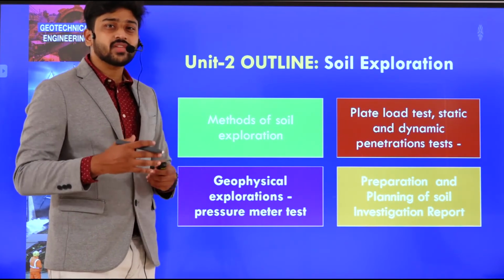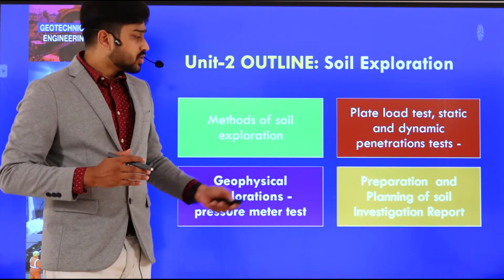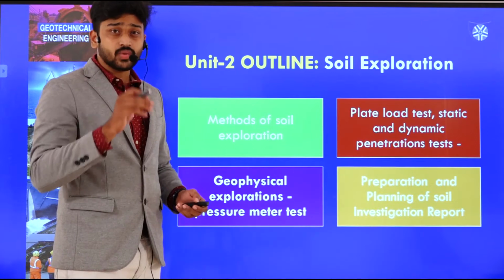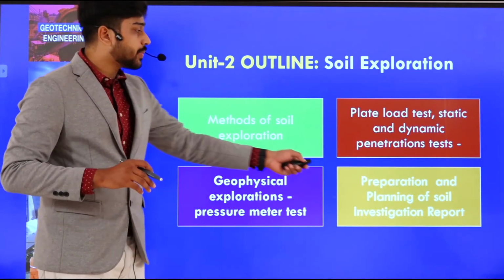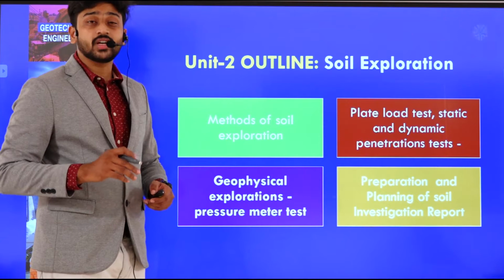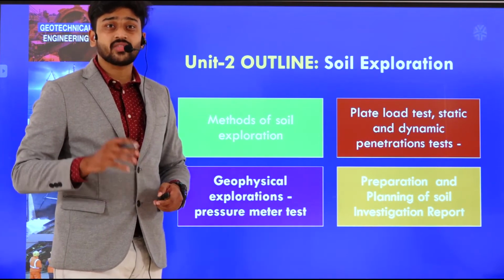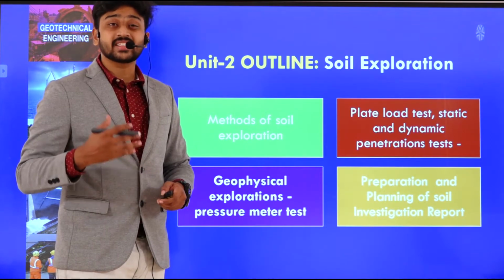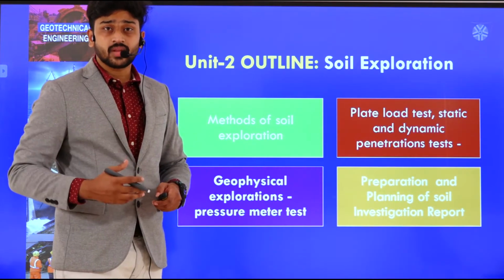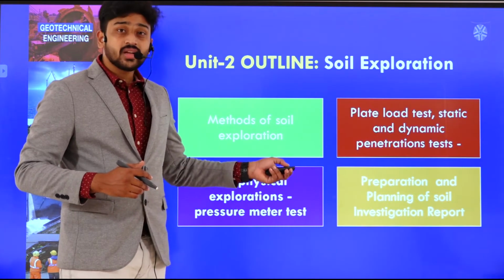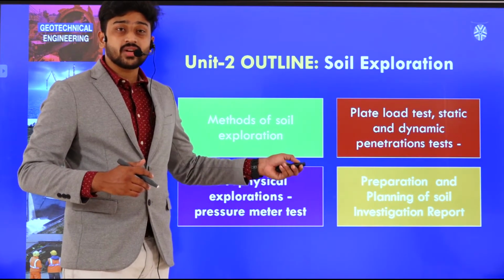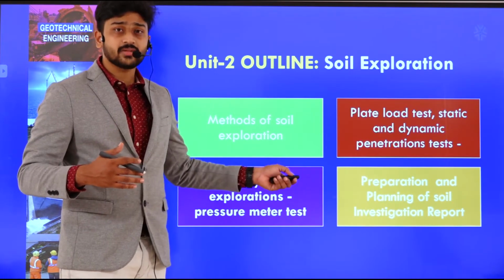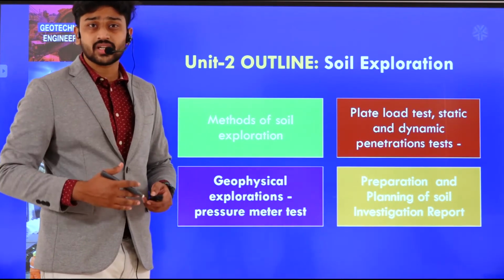Out of these we have discussed some in the earlier classes. Apart from that, ultimately after carrying out all the experiments, we need to prepare a soil investigation report. We need to prepare it for understanding the type of soil, as well as whether it can sustain any construction load or not. That has to be given. As a geotechnical engineer, we need to give this data to the civil engineer or the site engineer so that he can construct the structure on that particular site.